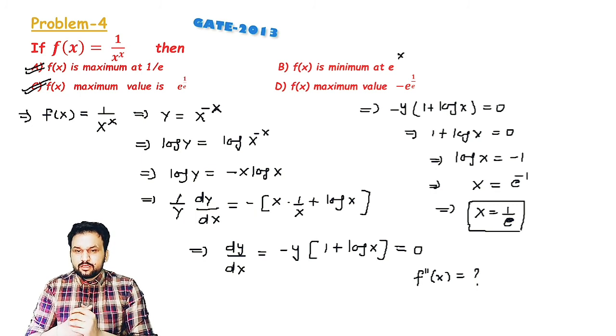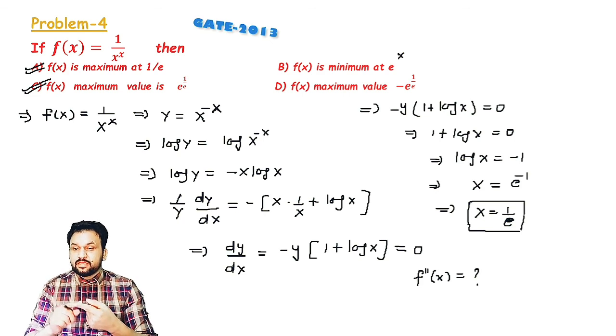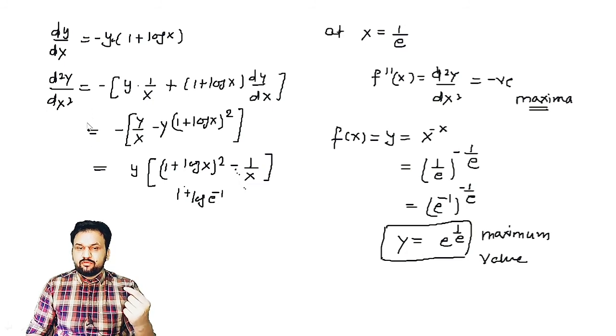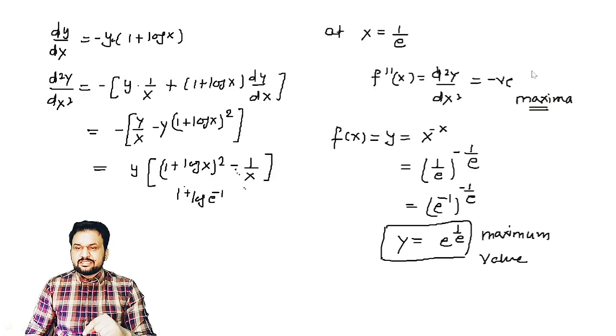Logic clear? So first of all, in these kinds of questions, you need to take y is equal to something, take log on both sides and then find the first order derivative, then set it equal to 0. From this relation you get a value of x. So at this point the function will give you maxima or minima. After that you need to calculate the double order derivative, and when you find the second order derivative, you replace x and check whether it gives a positive or negative sign. Here it is giving a negative sign, so that's why it is the point of maxima. After replacing x is equal to 1 by e in the complete function, we get y is equal to e raised to power 1 by e, and this is the maximum value for the function.